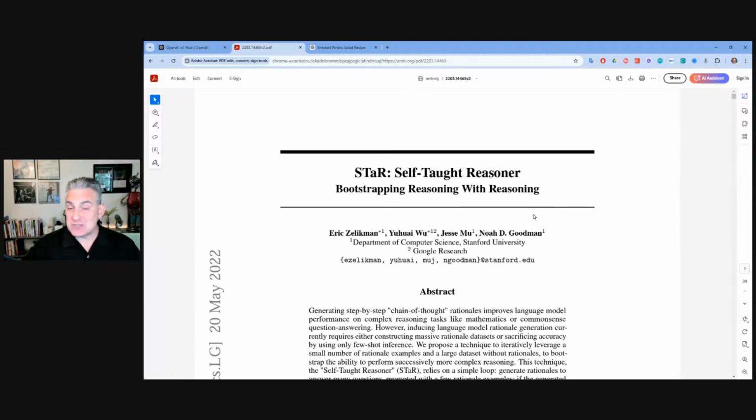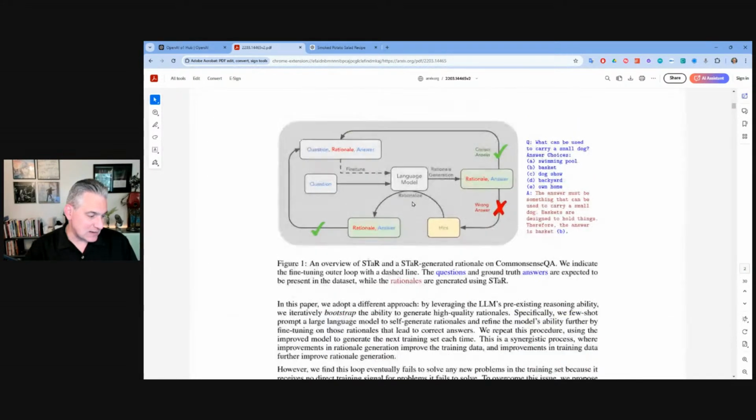Thus, the Q star or even strawberry name. Now, we don't know for a fact that this paper influenced the current product that we have, but odds are that's part of the reason. And if I go down to this illustration down here, again, I'm not going to get too deep into it,